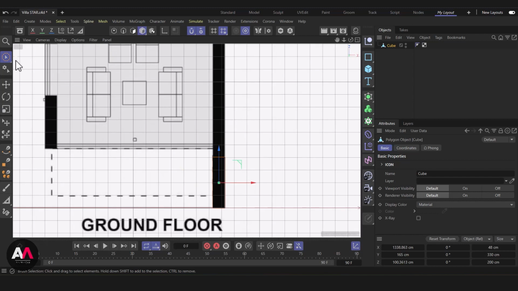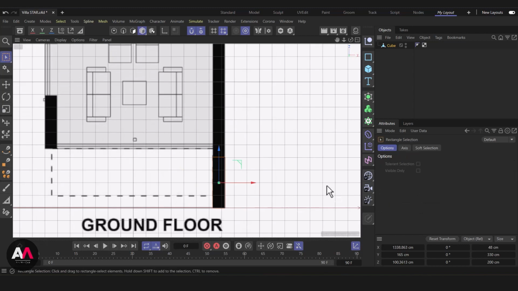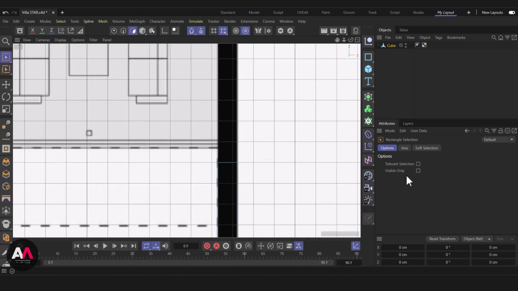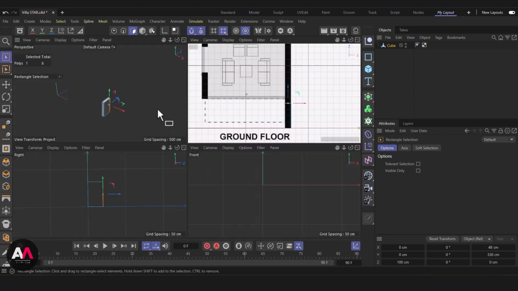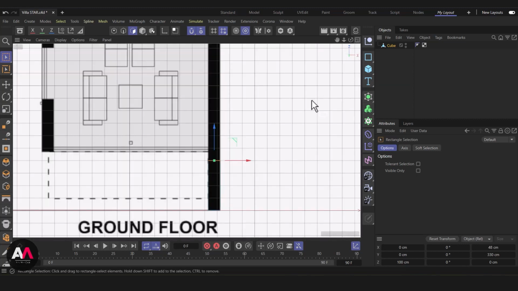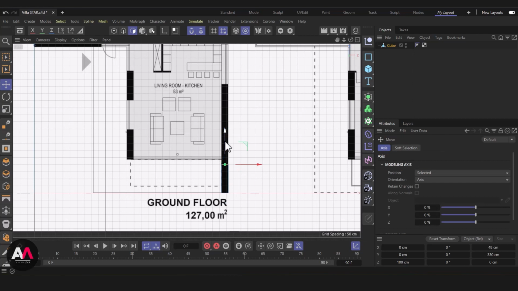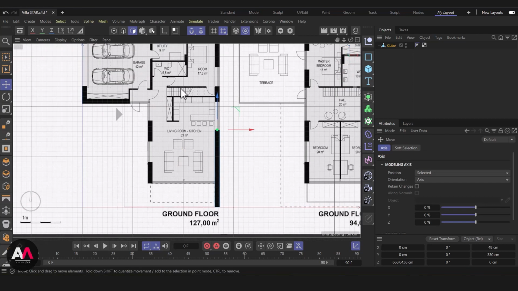So now in the top view, I go to select the rectangle selection and I go to polygon mode, and with the visible only icon off, I go to select the polygon of my cube. So, and with that, let's check it in perspective. In this case, this is the side polygon, and now I can just drag it up to where my windows is,